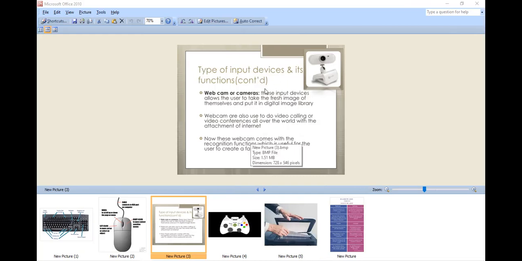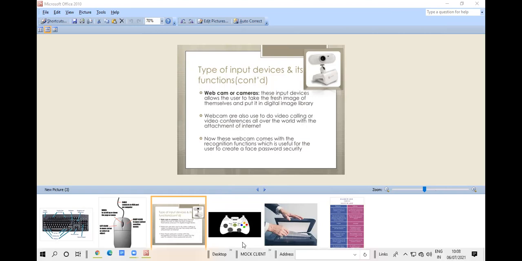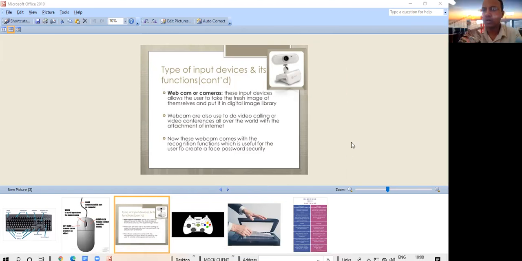So through the web camera, this is an input device that allows the user to take a fresh image of themselves and put it in a digital image library. Even you can take photos also. Webcams are also used for video calling or video conferencing all over the world with the attachment of internet. So here, this is an online lecture.